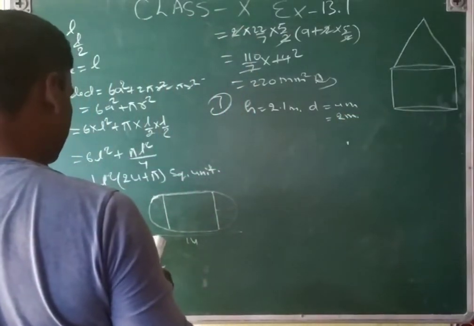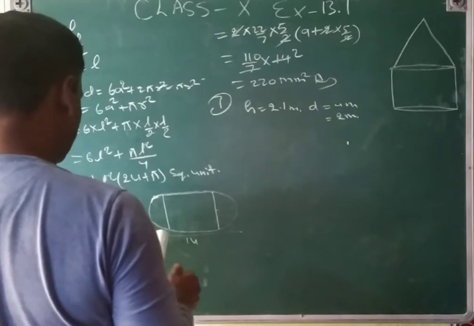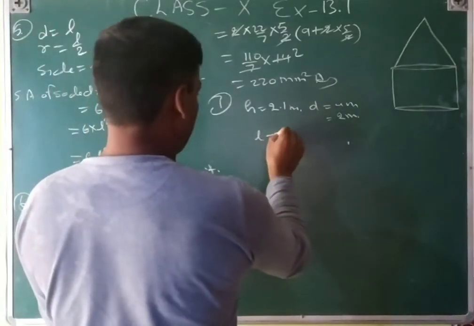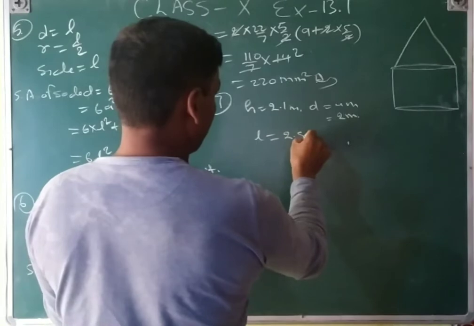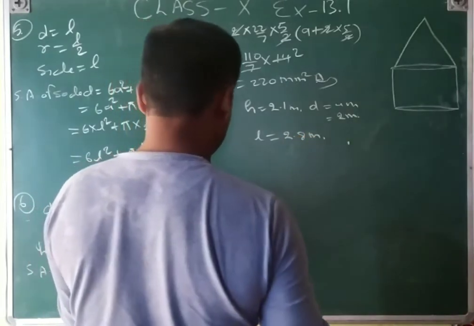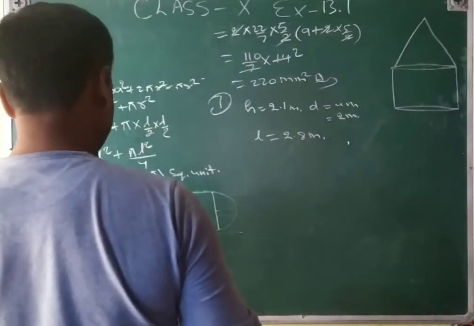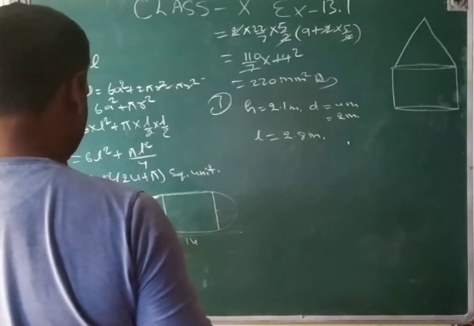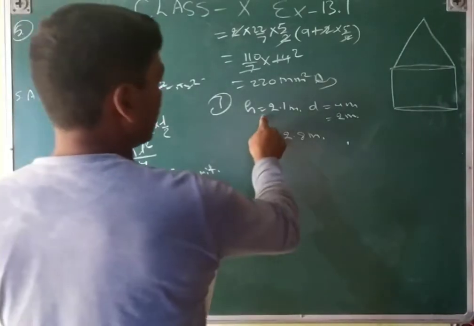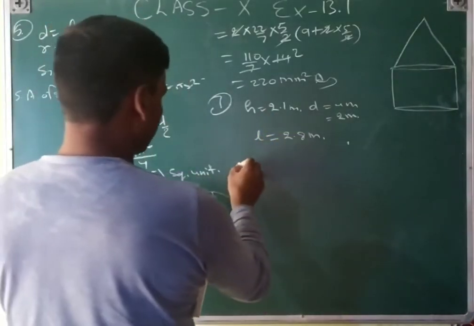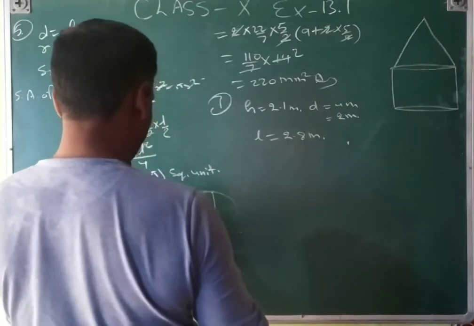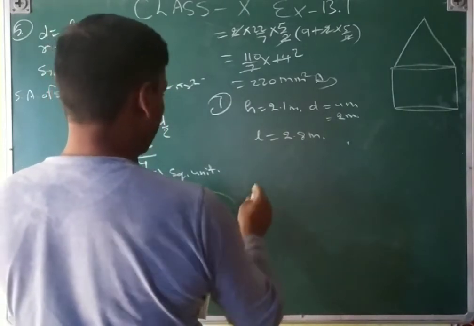And the slant height of the top is 2.8. Slant height means L, that is 2.8 meter. Then the height and diameter of the cylinder. This is the height of the cylinder. So the area of the tent